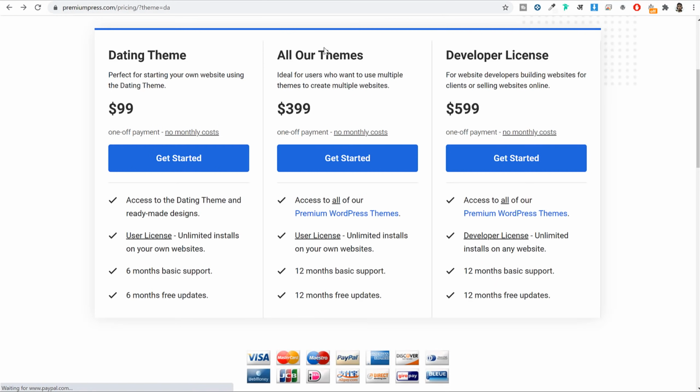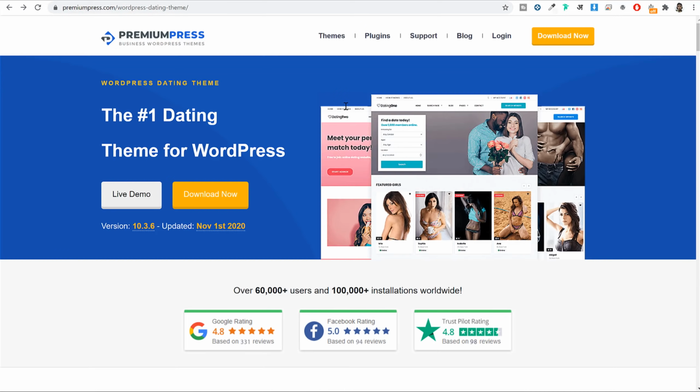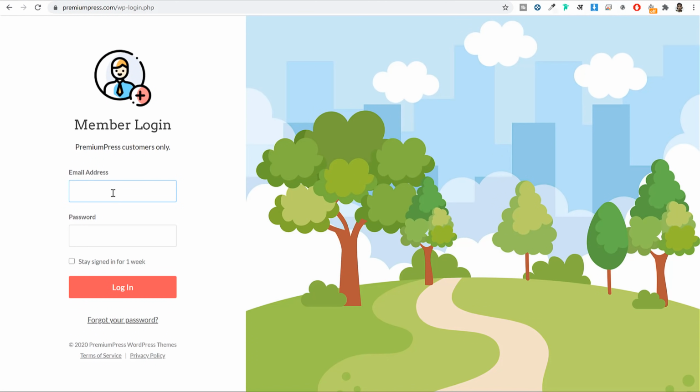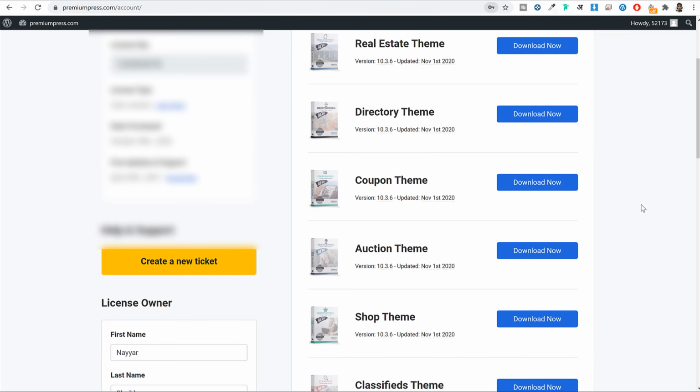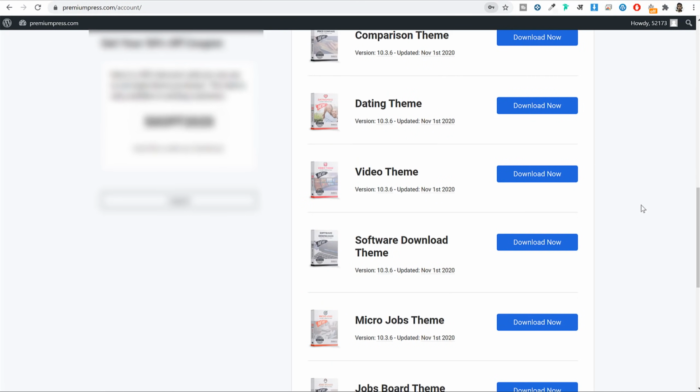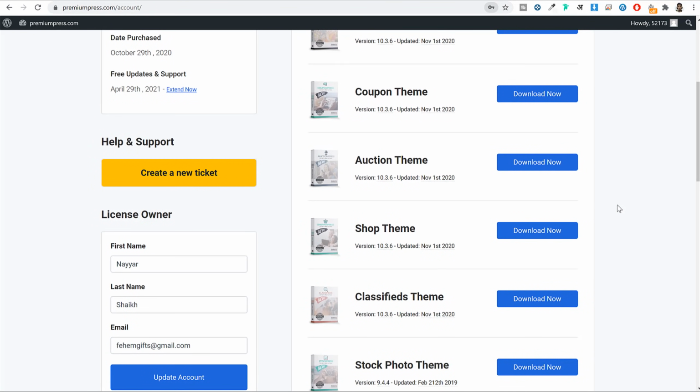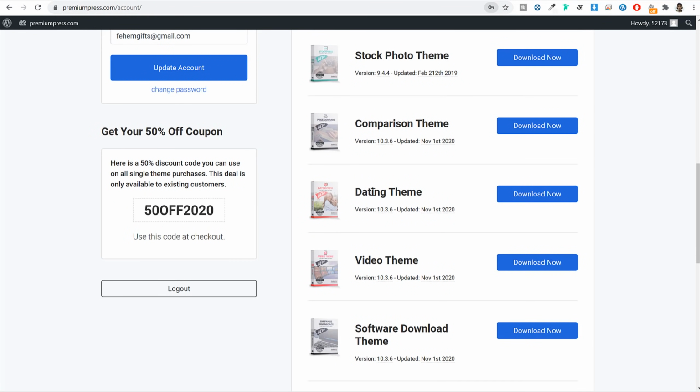Now once you purchase this theme, you have to again come back to this page and you have to log into this page to download. So let me do that. Alright guys, so as soon as you log into this page, you will see all the themes that you have purchased. Now because I have purchased that $399 package, I can see all the themes. You just have to select the theme, this dating theme, and click on this download button. Now when you do that, you will see a new zip file will start downloading. You can see that at the bottom left corner of this screen. I can cancel this thing because I already have this theme page, or I already have this file.